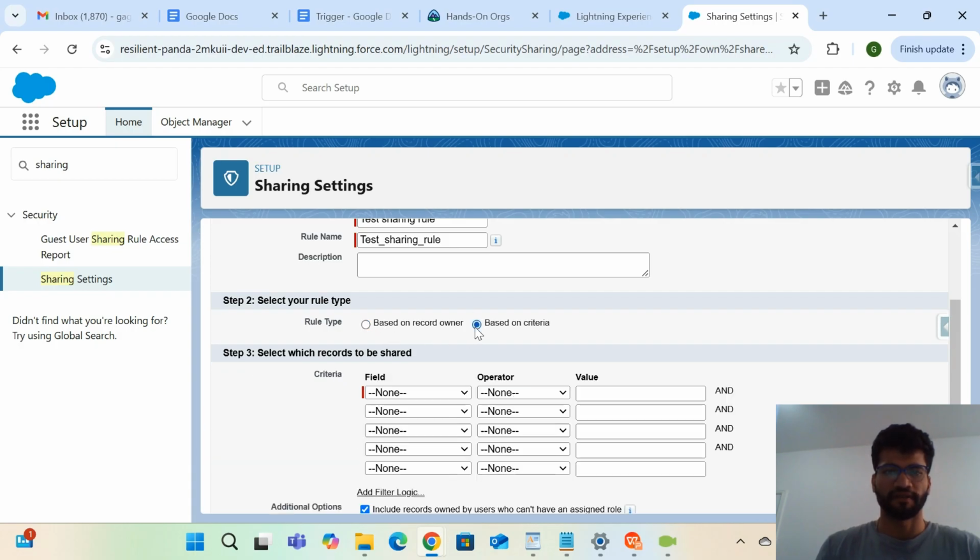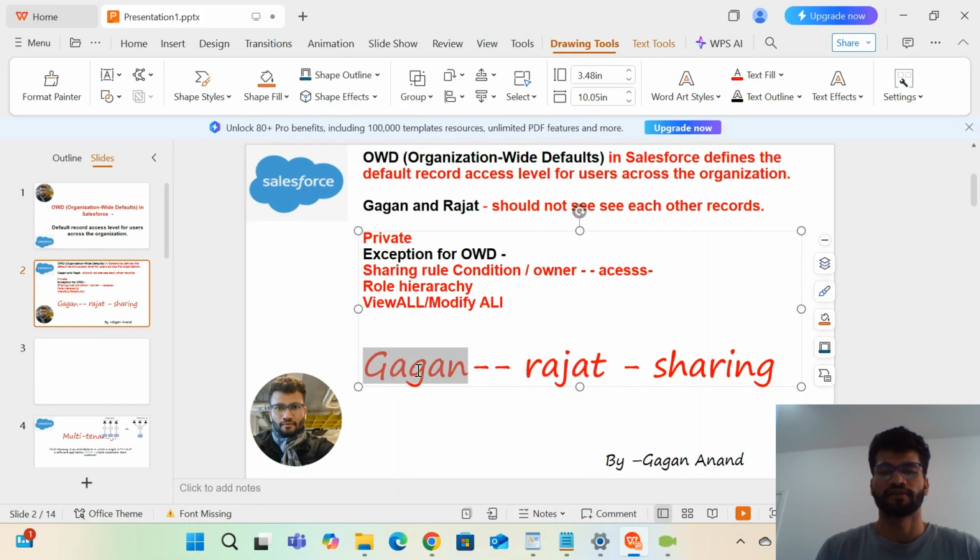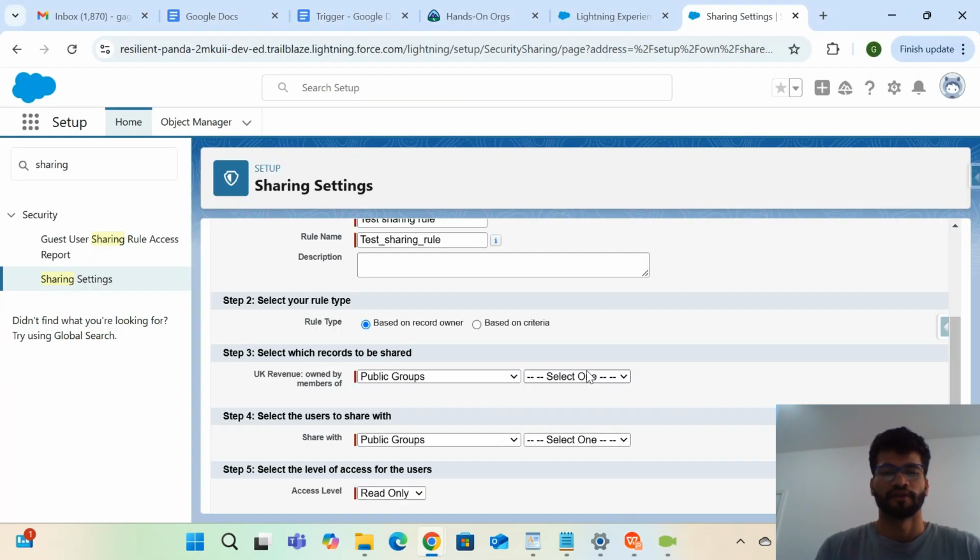If we choose based on criteria, it will be based on the criteria. That means I wanted to share only the UK revenue where, let's suppose, the status is in progress, something like that. All the UK revenue, no matter who is the owner, I just wanted to assign those, so we can also do that. But as of now, the scenario is I wanted to share Gagan's record to Rajat. So for that,